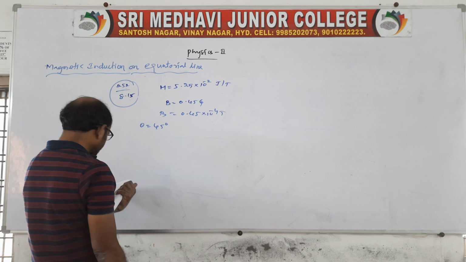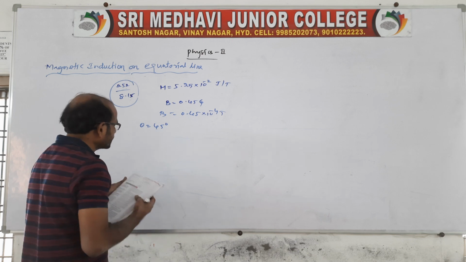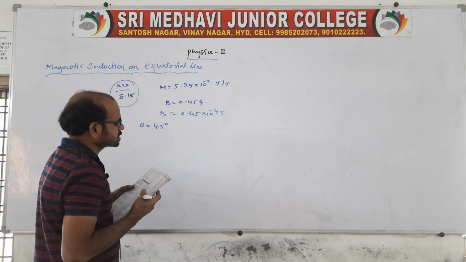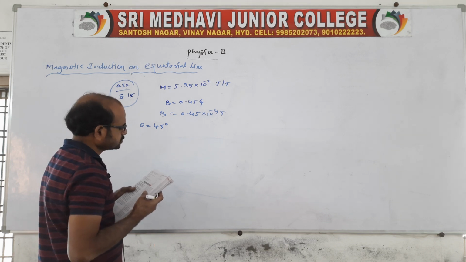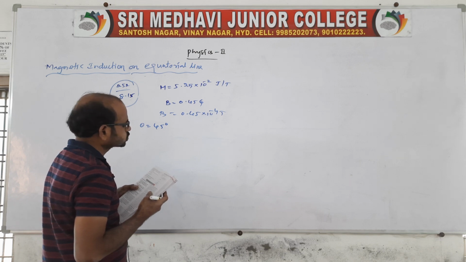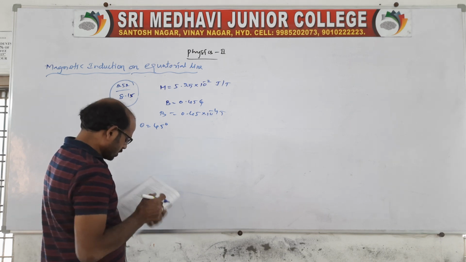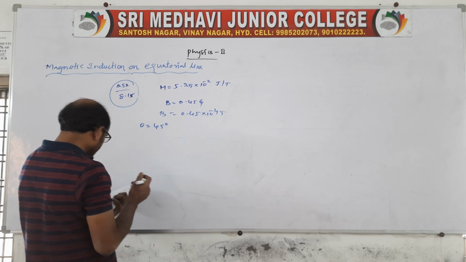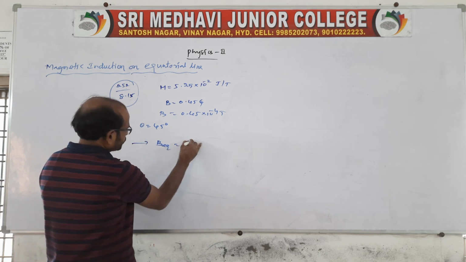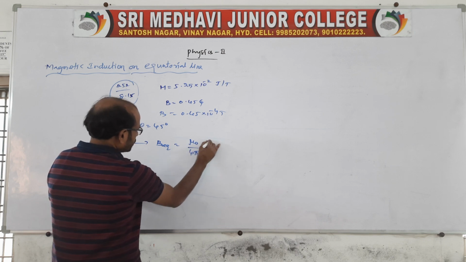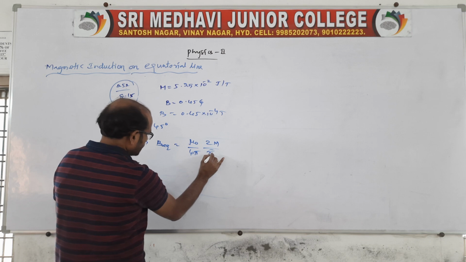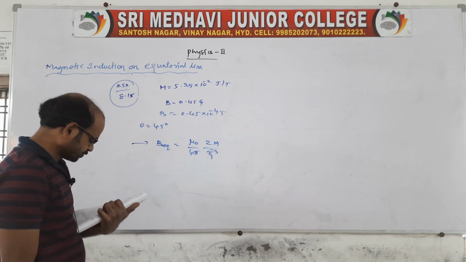So we don't know the distance. First we get the distance, and after that go for both the axis and B earth being equal, to get R1 as well as R2. Here you go for the first one. On the equatorial line, B equatorial is equal to mu naught by 4 pi into 2M by d cube, or you say r cube or x cube, your wish, R1 cube.